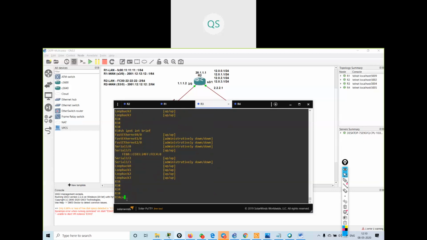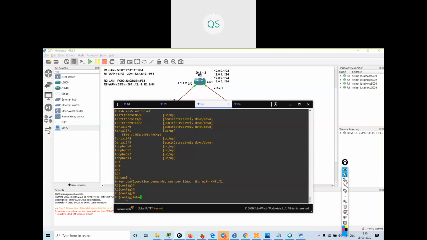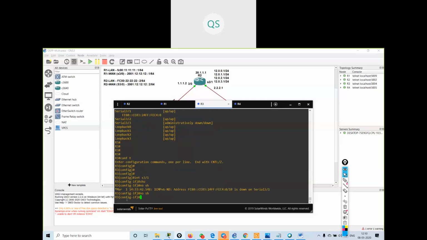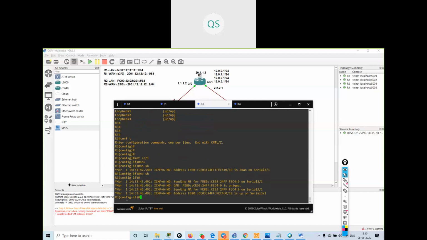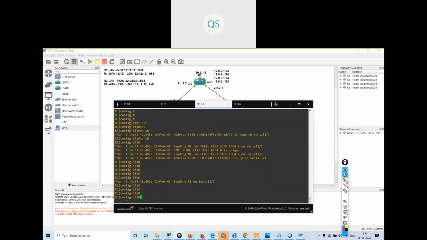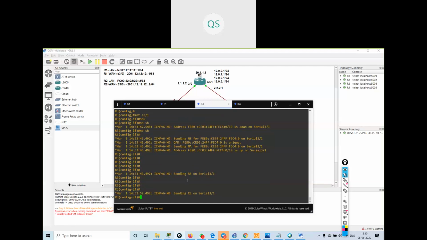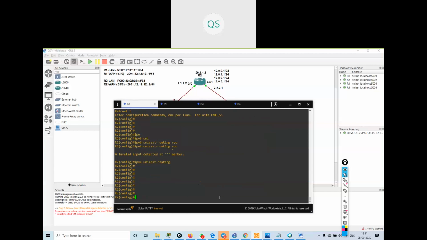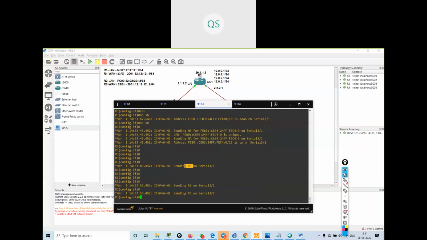One more time I will check. Shut, no shut. I'm not getting the IP address. You can see it is sending RS, but I'm not getting the reply from this router. I'm only sending the RS message, that is the router solicitation message.